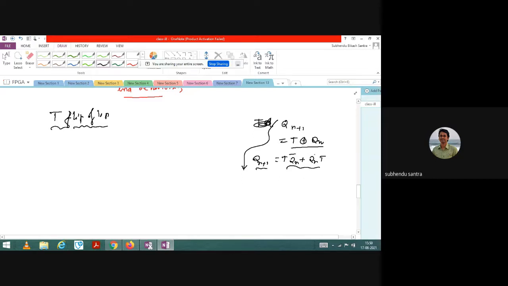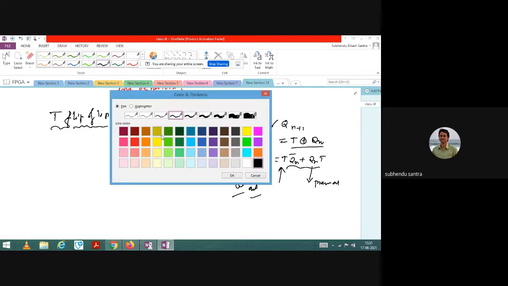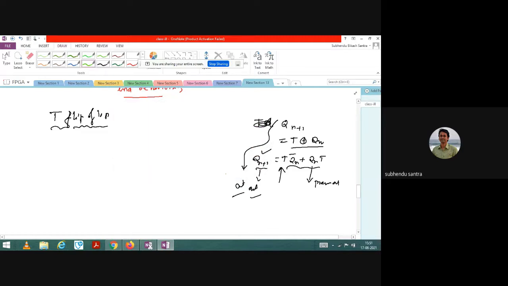Basically an XOR gate is present, and here Q is also a variable. T is input definitely, but Qn is also output. So this is the previous output, and this is the current output. Okay, so how do you tackle this situation? Where to start actually?